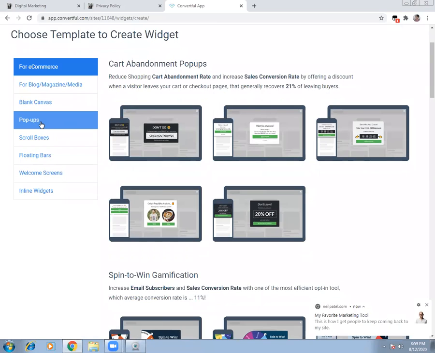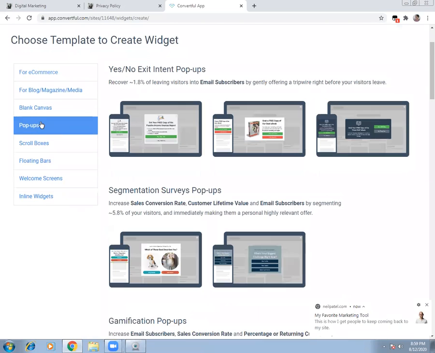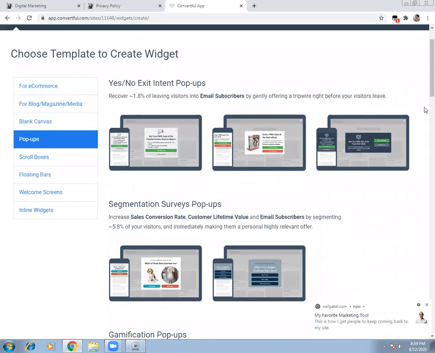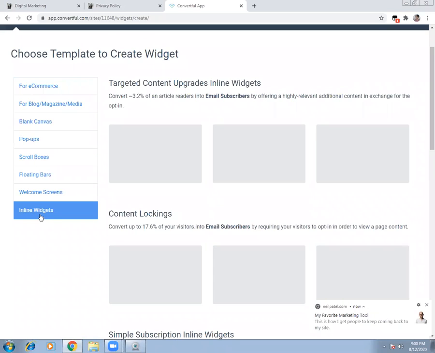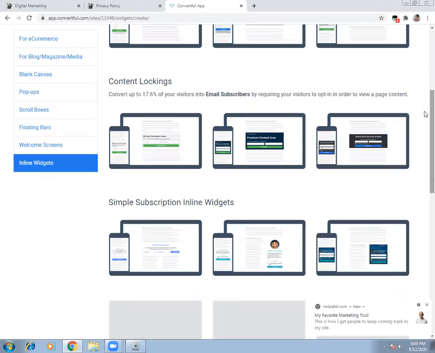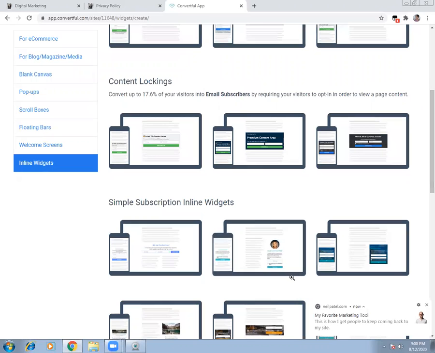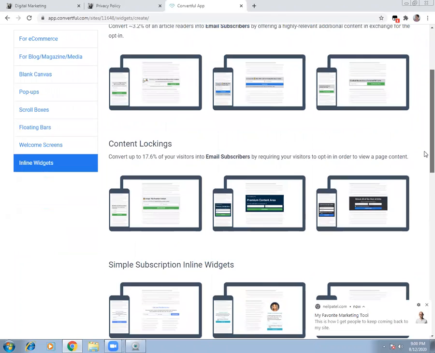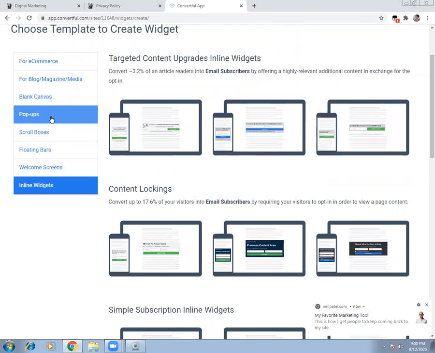The one that you see my ad coming when you scroll 40% or so is called a pop-up widget. And the ones that you see towards the sidebar or towards the bottom are called inline widgets. So there are 2 categories of widgets that I use on my website. You can use whichever you want. If you choose scroll boxes, when somebody scrolls a particular percentage, then the pop-up bar will come in front of the visitors. So however you want to do it, for today, we will just try to create one.